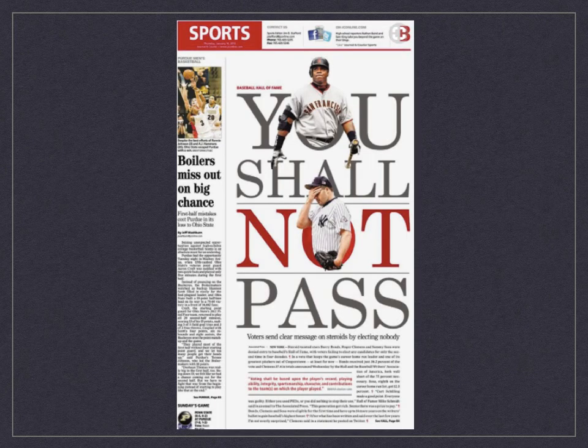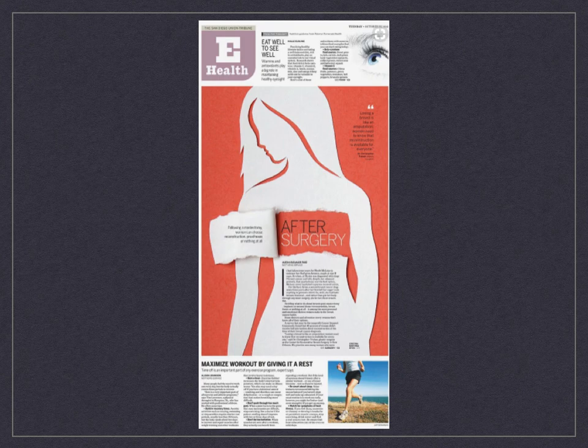I like this example of using cutouts and then putting those into the frame of the story. A story about, looks like, Roger Clemens and Barry Bonds probably not getting into the Hall of Fame, and so you have that really large text, giant sized, with a nice color pattern, but also you have the cutouts worked into it, so it isn't all text. You've also got some graphics that go with that. Pretty powerful design here,